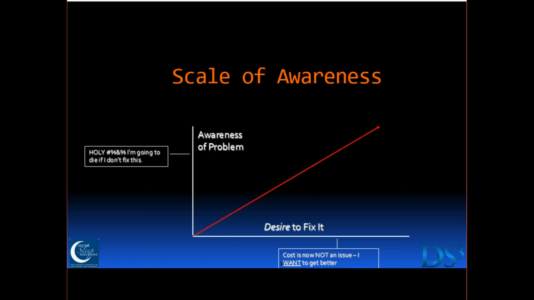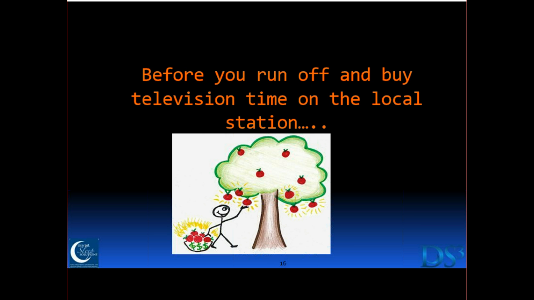We choose to be unhealthy because it's easier or whatever the reasons are. But if we start with the premise that any reasonable person would prefer not to have all the problems that apnea causes, then we just have to help them become aware that they may be at risk, and then their desire to fix it will go up, or their desire to look into the possibilities. And we're going to give you some verbal skills tonight as well that will help you walk those people down that path.